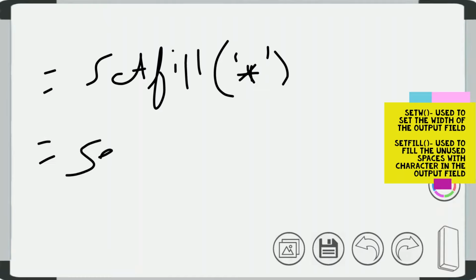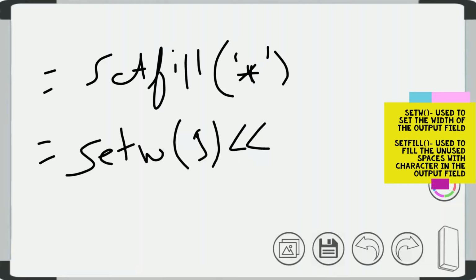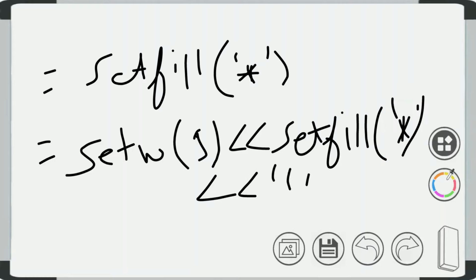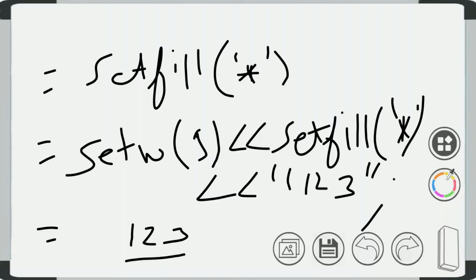So when setw 5, setfill star, and 123 is written, then it will print like this: 123. There are 3 characters, now 2 characters are left, that is 2 spaces are left because the size is 5. So in this space the star will be used. This is the purpose of setfill, that it will fill the unused space with the character.